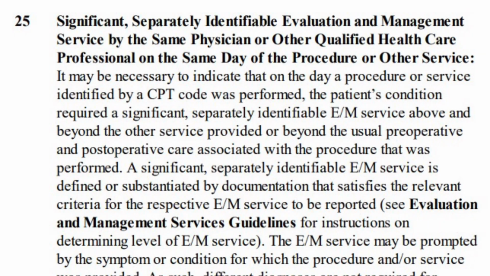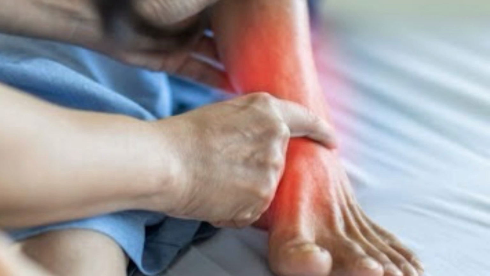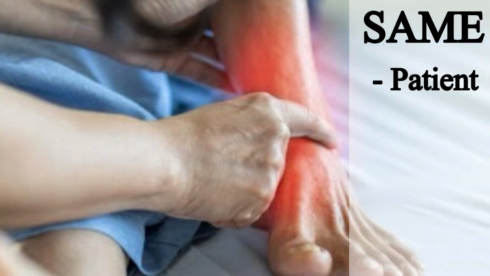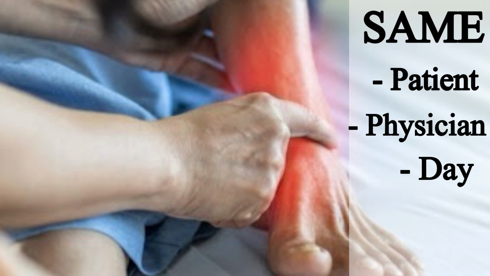And only when there is a separate and significant E&M service performed should it be billed. The E&M should be billed with the 25 modifier along with that minor procedure or the other service codes. The E&M should be on the same patient, by the same physician, and on the same date only. You should remember these points when using modifier 25. This is about the modifier 25: when, where, and how, and when not to use the modifier 25. We have seen about these things, right? We'll see a few examples so you'll have an idea.